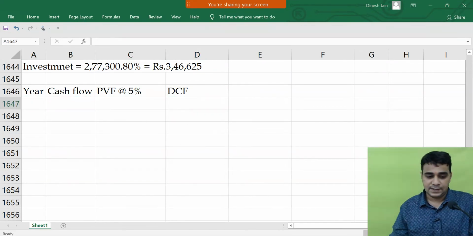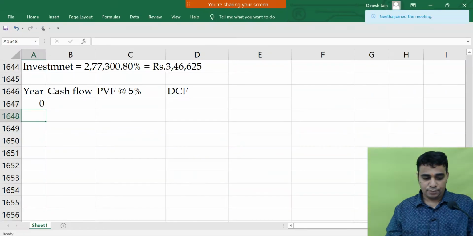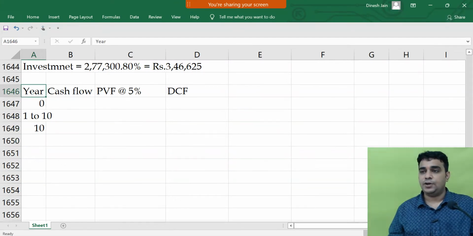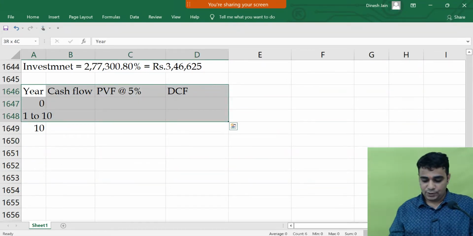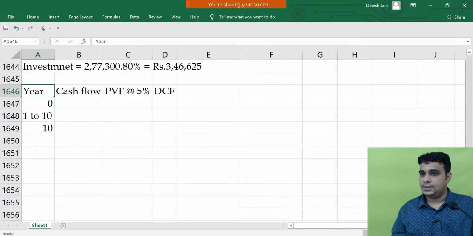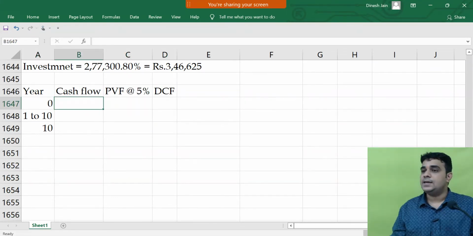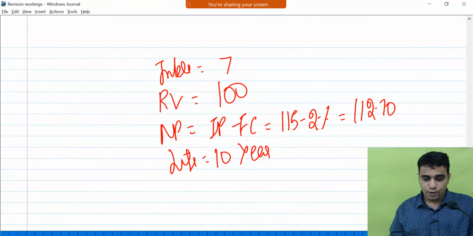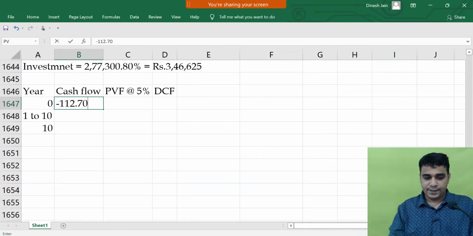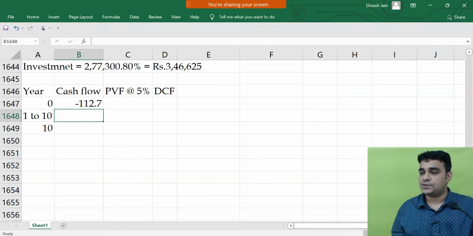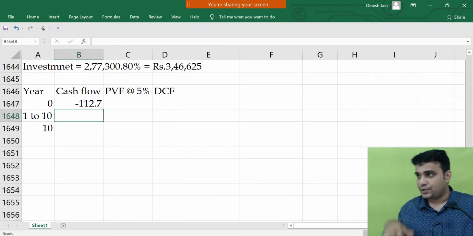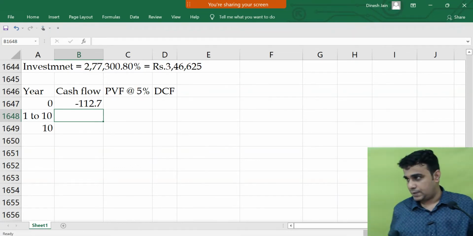Year 0, years 1 to 10 is an annuity, and at the end of the 10th year, you will get back the principal. Year 0, I'm going to write minus 112.70. I can write plus 112 also. The company is going to receive this amount, but I'll write it as minus 112